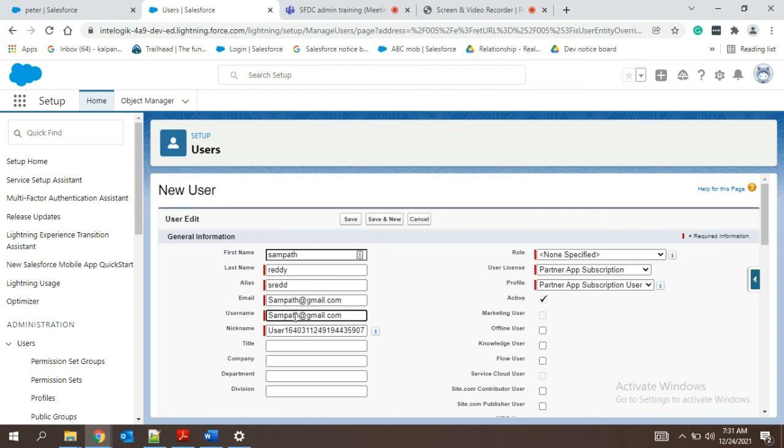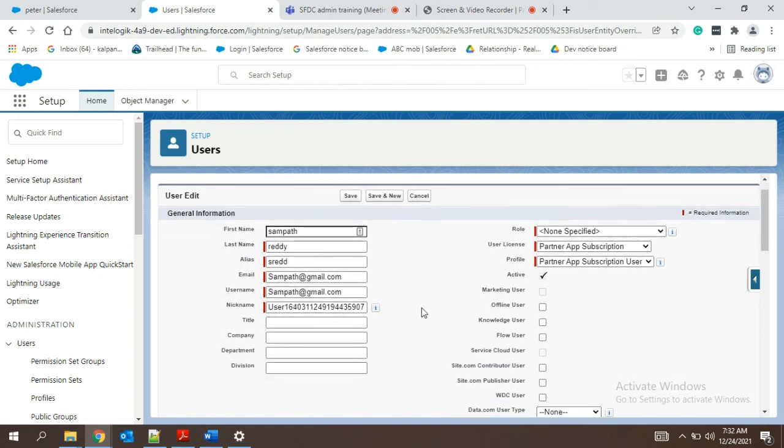Email and username is taken. In Salesforce, by default, email and username should be the same. And this alias is not used currently for us, but it is used in external integration and all. It will be a combination of the first letter of the first name and the first four letters of the last name. Okay, this is a pattern.